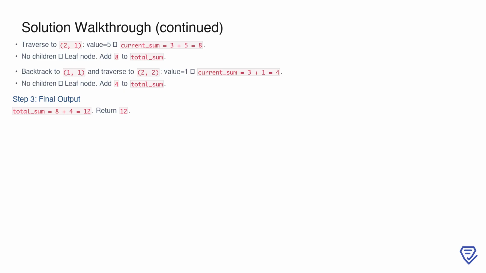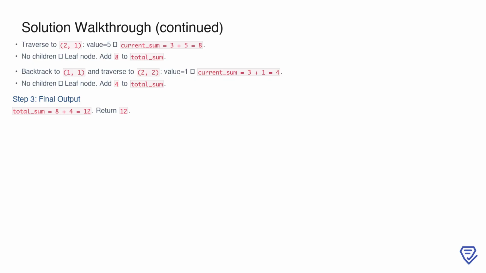First, we traverse to the left child, (2,1), which has a value of 5. Adding this value to the current sum gives current sum equals 8. Since (2,1) has no children, it is a leaf node, so we add this path sum of 8 to the total sum. After completing this branch, we backtrack to the root and now explore the right child, (2,2), which has a value of 1. Adding this value to the current sum gives current sum equals 4. Similar to the previous path, (2,2) is also a leaf node, so we add this path sum of 4